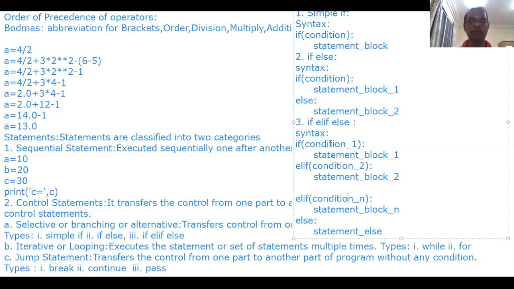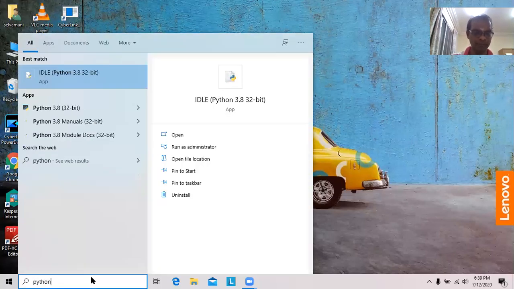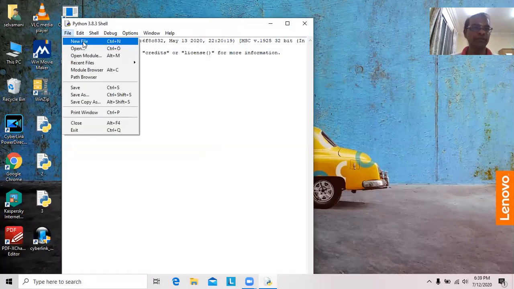Now I will explain everything with the help of simple programs. Now I would like to open Python. First we'll see order of precedence, and then we go for simple if, if else, and then if elif else.